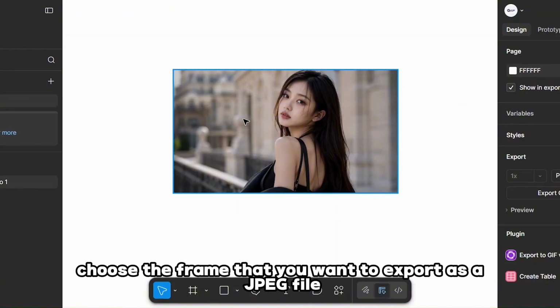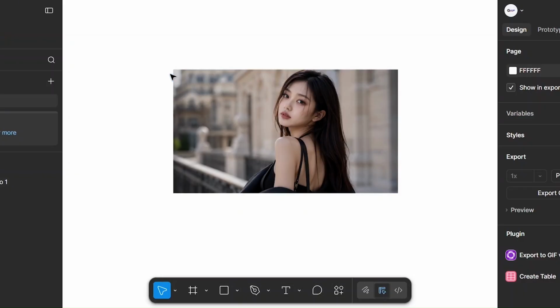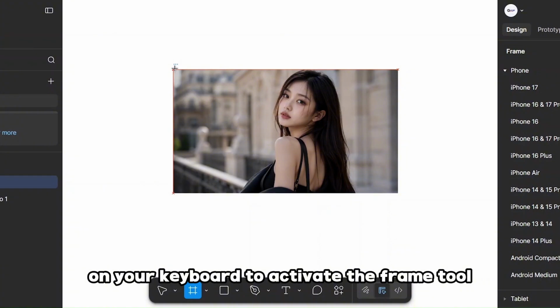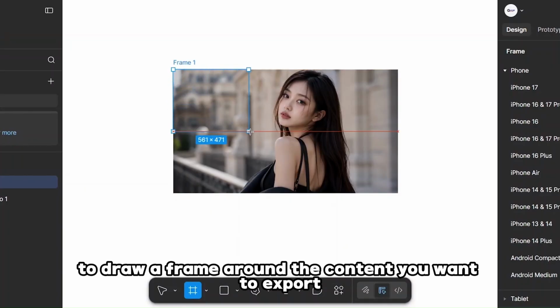Next, choose the frame that you want to export as a JPEG file. If you do not already have a frame prepared, you can create one quickly. Press the F key on your keyboard to activate the frame tool. After the tool is enabled, click and drag on the canvas to draw a frame around the content you want